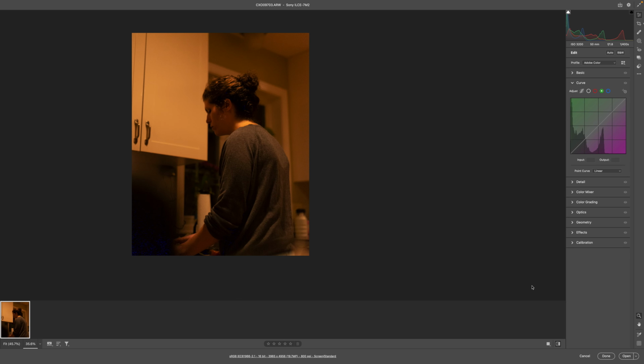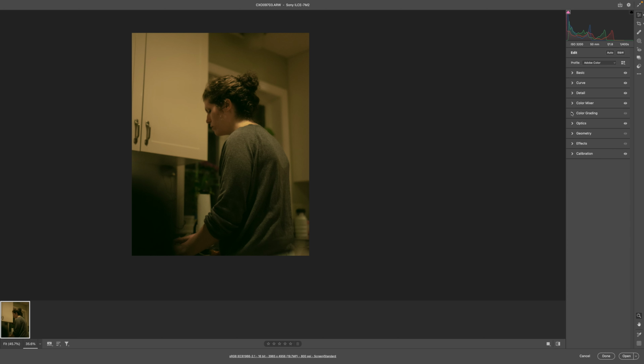So if I go before, that's what it looks like. After. All right, but we're still not done yet. After that, color grading, and here we go. So for shadows in color grading, now we can push a little bit of blue in the shadows just to here, and then we're not going to touch the highlights. So the mid-tones is where we're going to push a little bit more green, just a little bit like there. And then for blending it, we're going to push the blending probably up a little bit, just so it's not